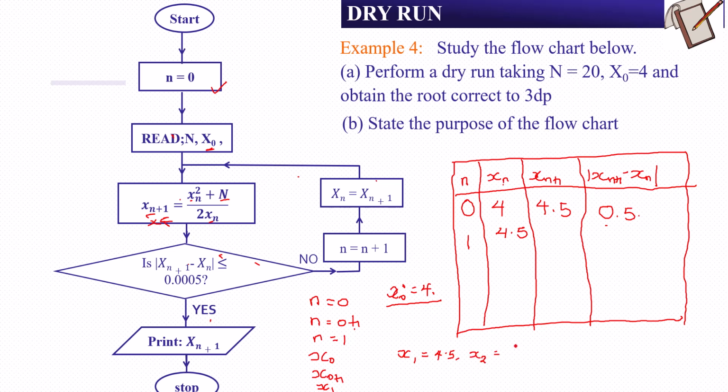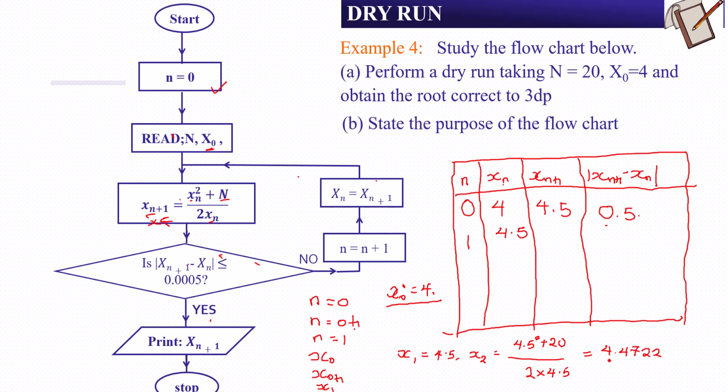Then x2 will equal 4.5 squared plus our n is 20 divided by our 2 times our xn, and our xn in this case is 4.5. This will give us